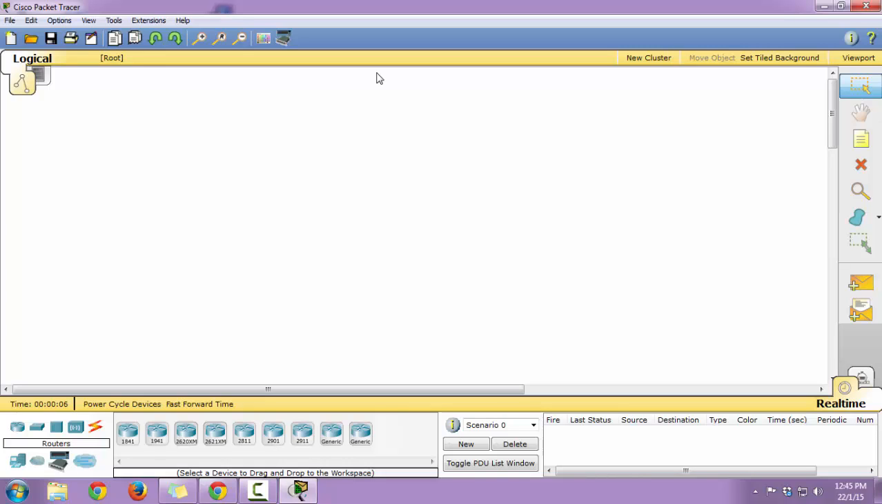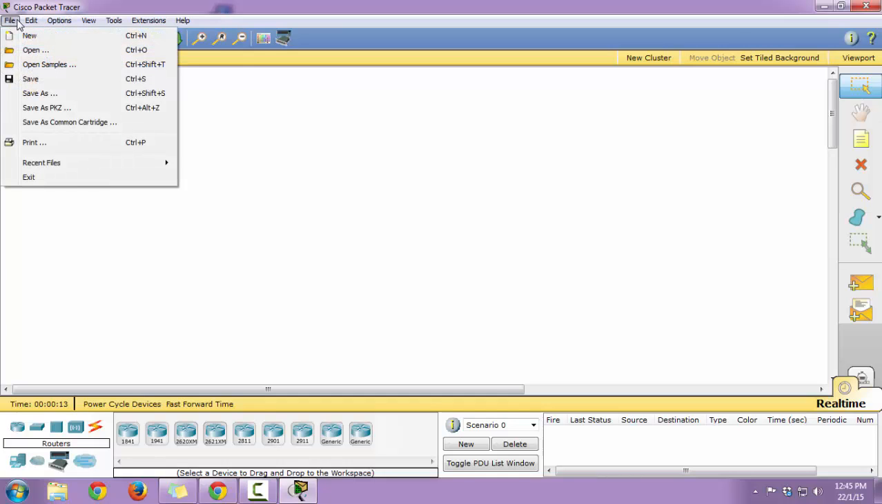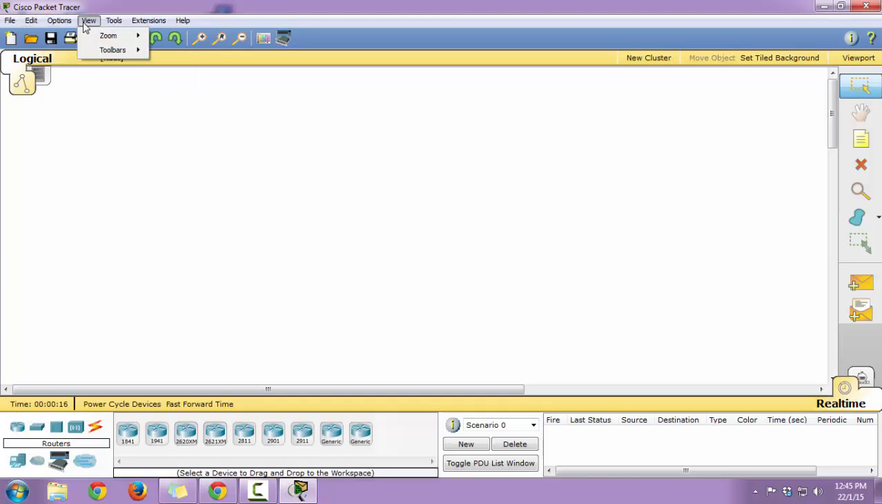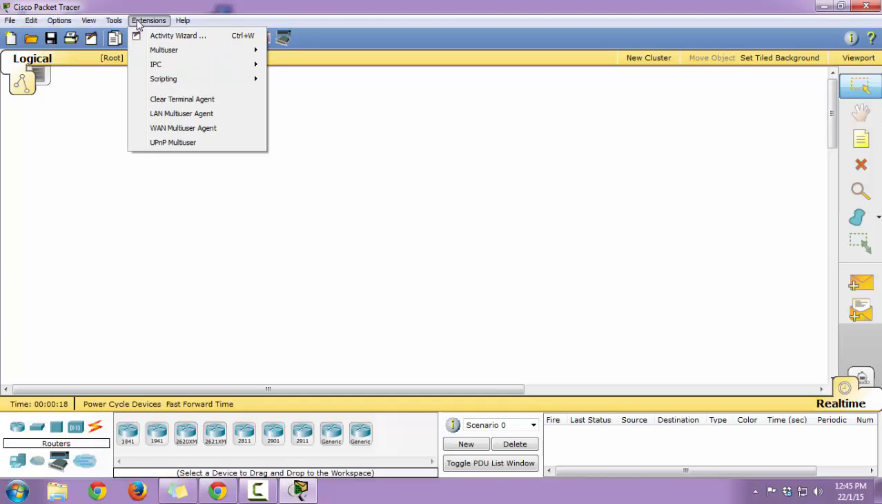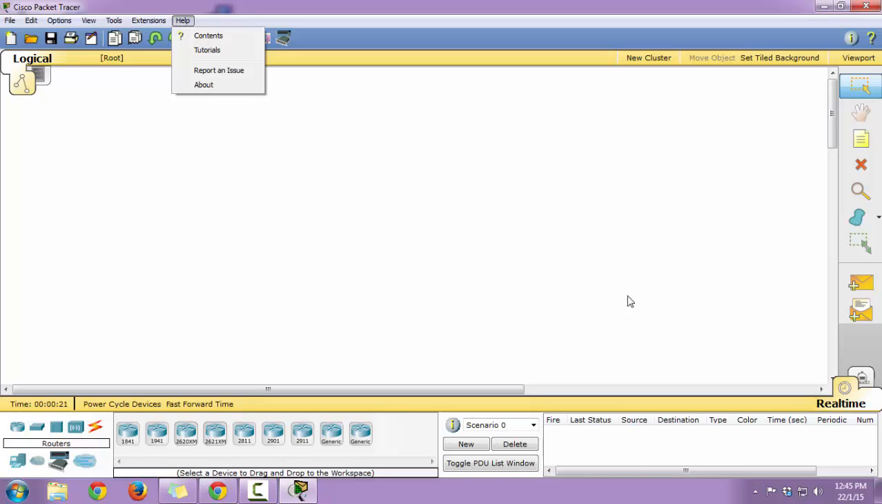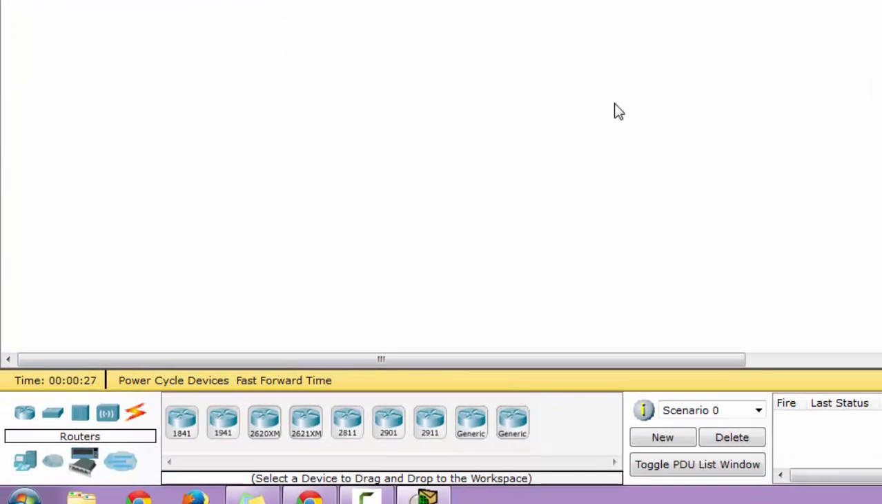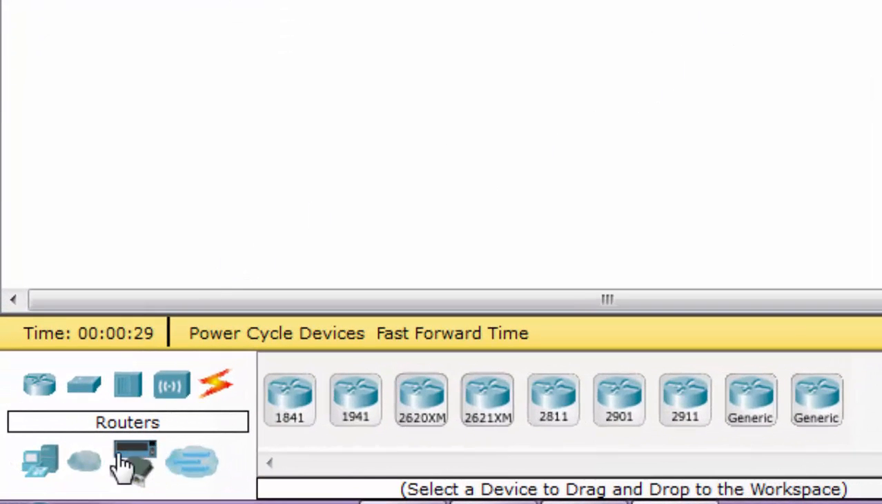This is the initial page of your Cisco Packet Tracer. On the top left, you have various tabs available, for example File, Edit, Options, View, Tools, Extensions, and Help. This is the actual place where you can design the network topologies. On the left bottom corner, you will see the devices that are necessary to create network topologies. For example, you have the routers, switches, hubs, wireless devices, connections, PCs, WAN simulation,